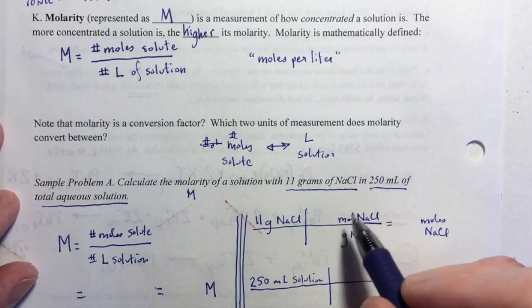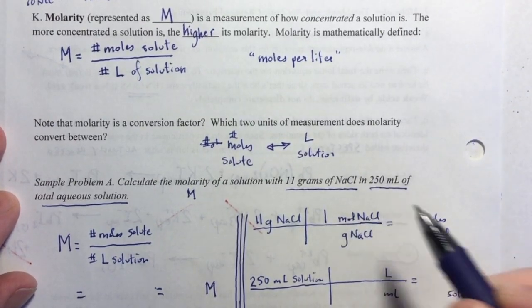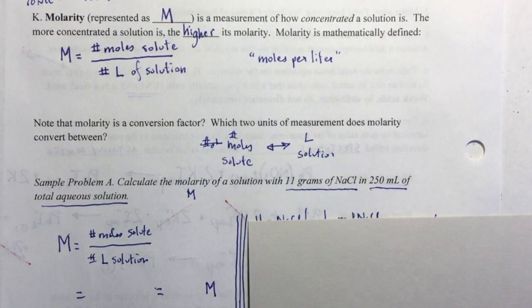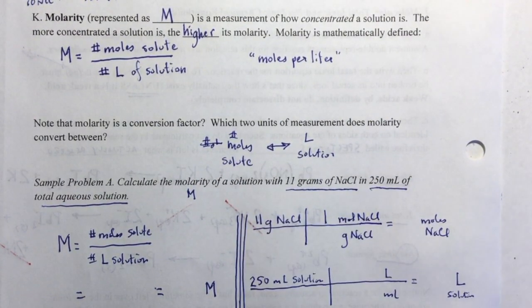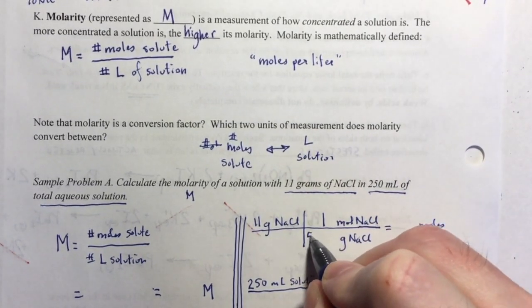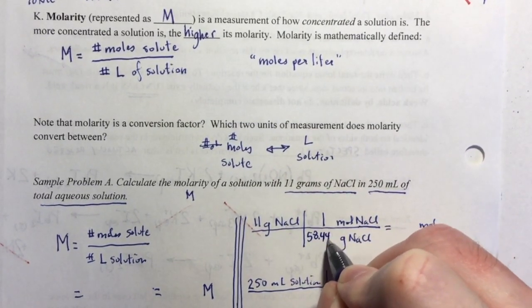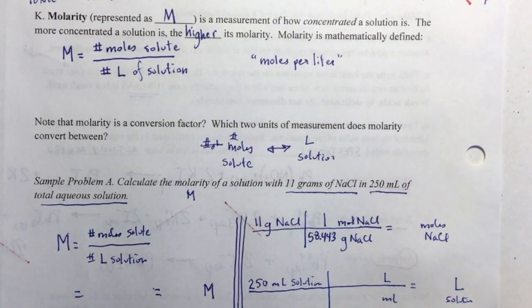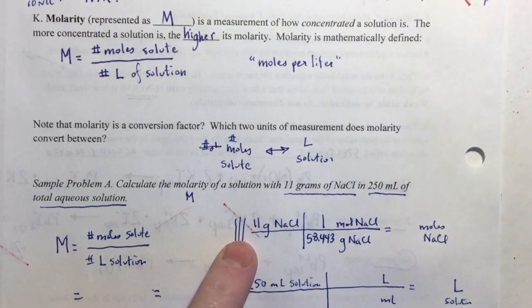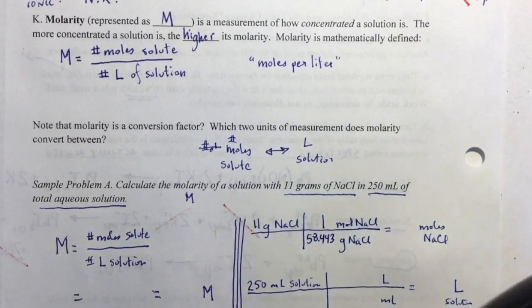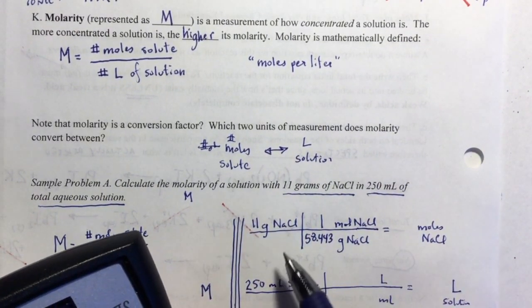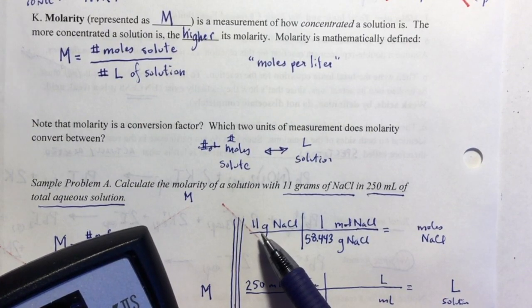molar mass conversions are always per 1 mole. So if I add up my sodium chloride, I get 58.443, which is my molar mass, my grams per mole. Now if I run this calculation, the 11 grams divided by the 58.443, I get the answer, and I'm going to have to round it to 2 sig figs because of that 11 right there,